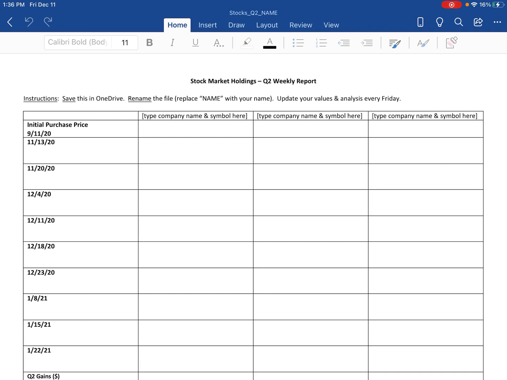So you can see that there are 3 columns because we're going to follow 3 companies that are listed on the New York Stock Exchange. Or you can follow companies on the NASDAQ. Those are 2 different areas of the market where stocks are traded. The New York Stock Exchange includes most companies, but NASDAQ will include companies that are tech related like Amazon or